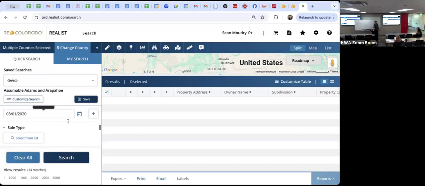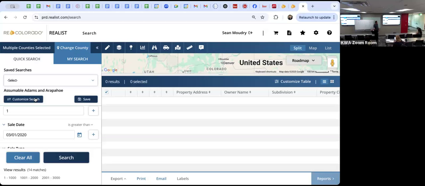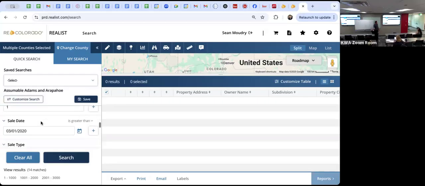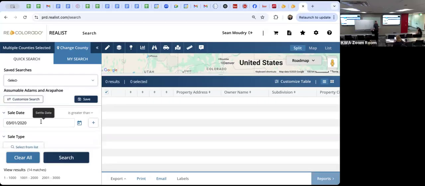So how'd you get to that? There's a customized search button. If you click that, you have to go in and manually add all these fields, and then you'll be able to scroll down. Customize search, and then we're just going through what you're looking for. And this is all recorded too, I'll send this out, so you guys will have this.